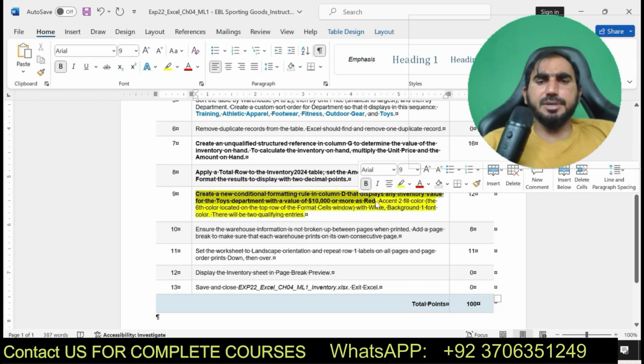Create a new conditional formatting rule in column D that displays. You can see here I'm going to show step number 9 here.